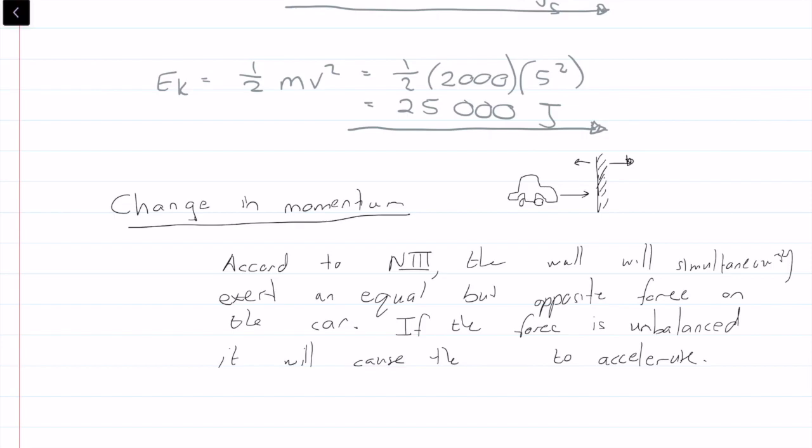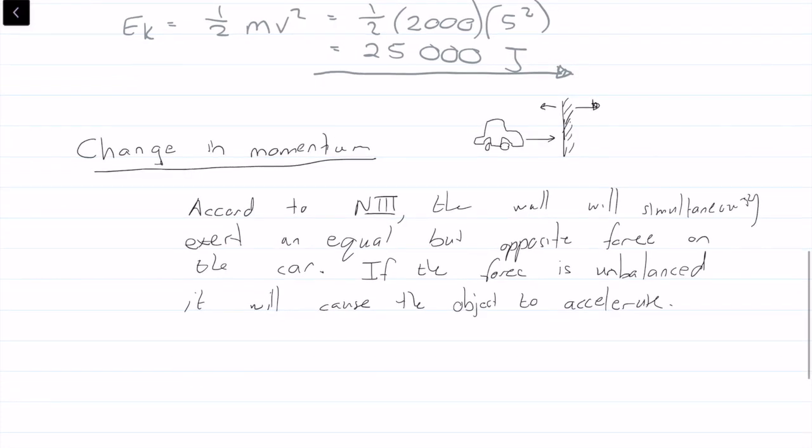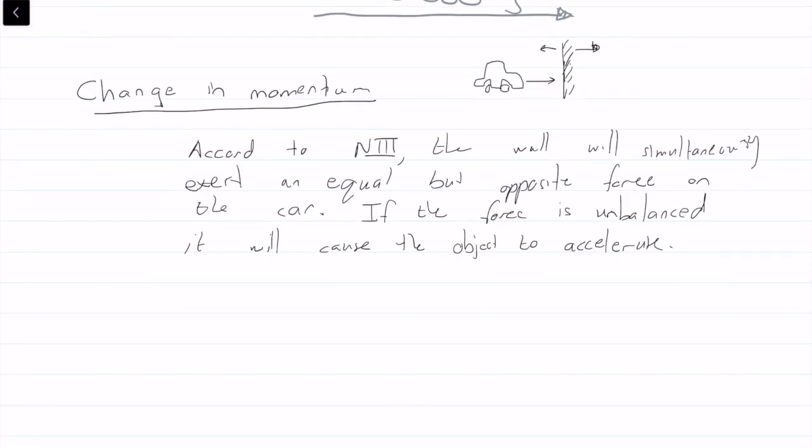Let's just call this the object to make it a bit more generic. Okay, so the object will change. Basically, it will either accelerate backwards or it will decelerate forwards, slowing it down but making it move a little bit. Okay, so that's a very important concept, and that gives us the equation of change in